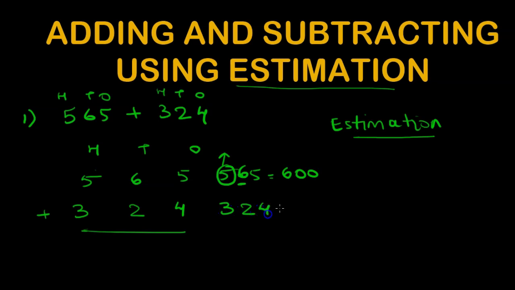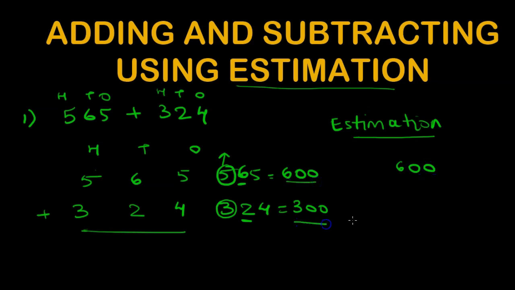Similarly, for 324 we round this to the nearest hundred, so I circle the hundreds place, which is 3. I check the number on the right side, which is less than 5, so this stays the same and I get 300. So when I'm adding with estimation, I do not have to take these exact numbers,